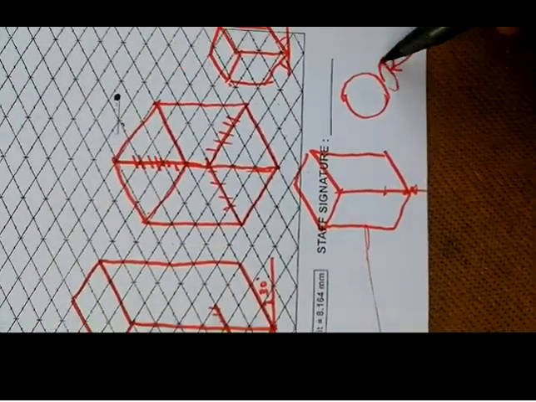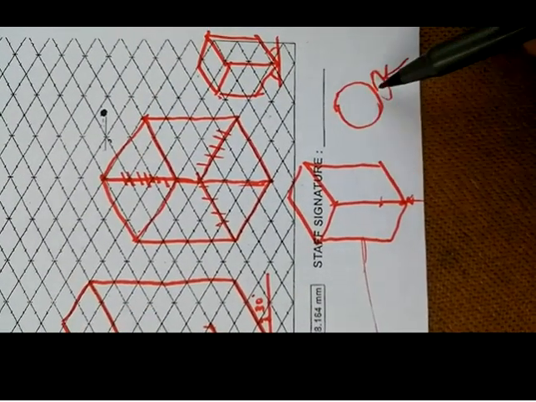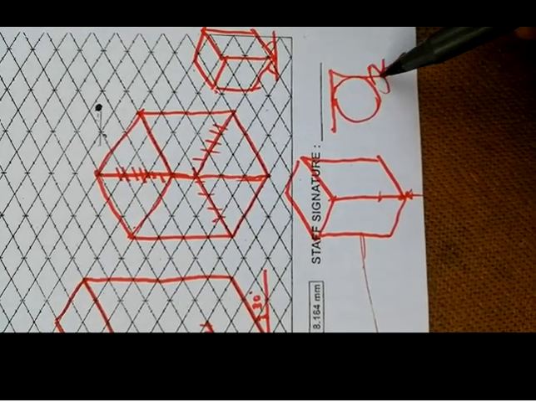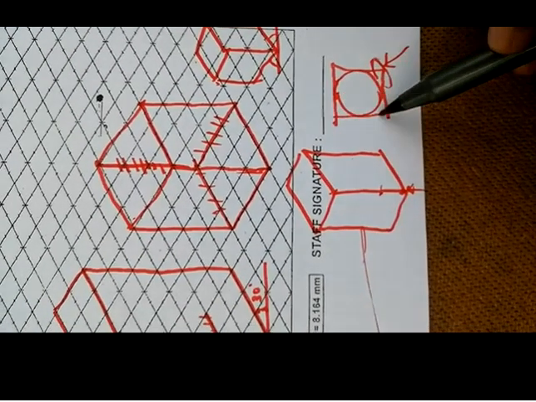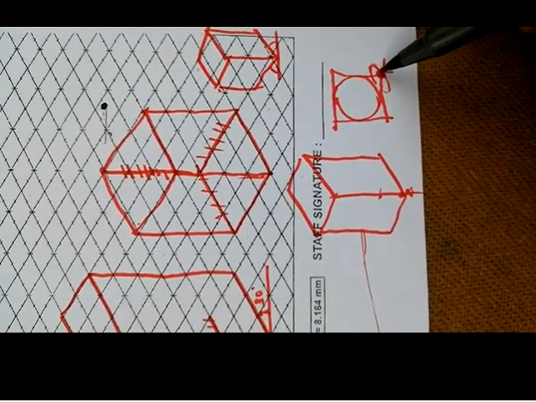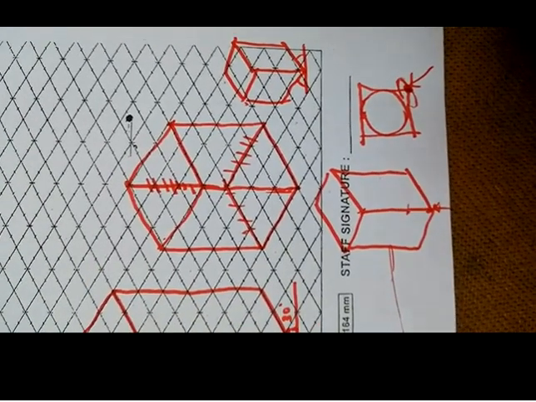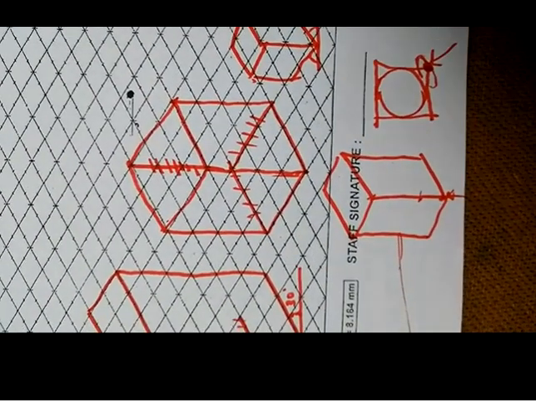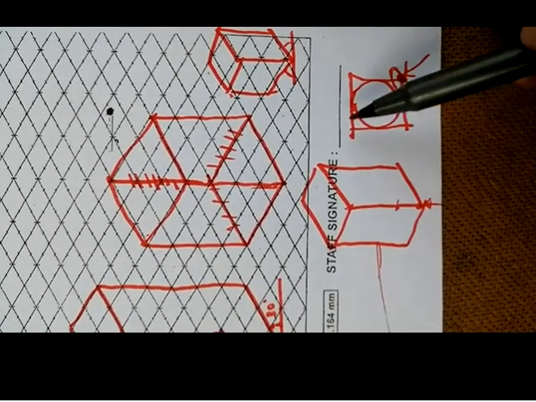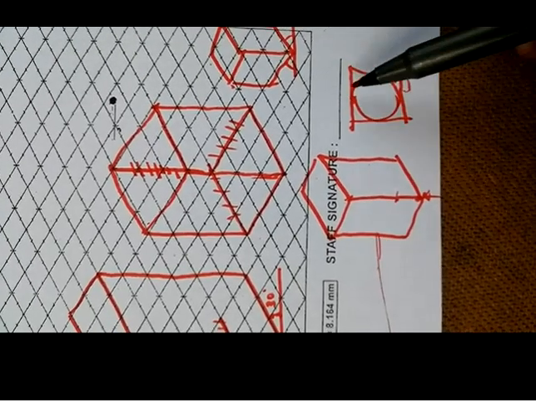I have one reference corner here, but for a cylinder, when you observe from here, I don't have any reference point near the observer. For that purpose, after constructing the top view of the cylinder, you have to construct one box around this so that you will get one reference point near the observer. And when you plot it on the isometric sheet, first you have to complete this outer box. After completing this outer box, then you have to mark the inner circle.